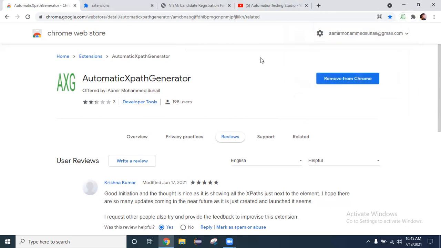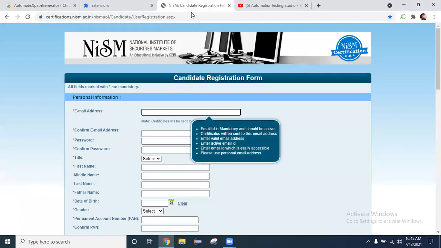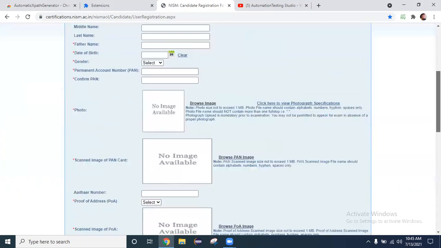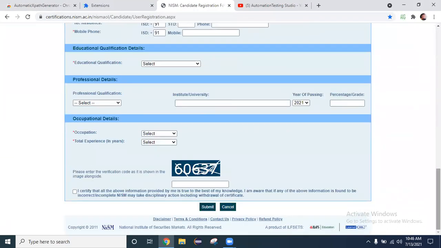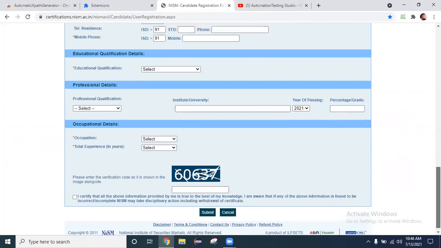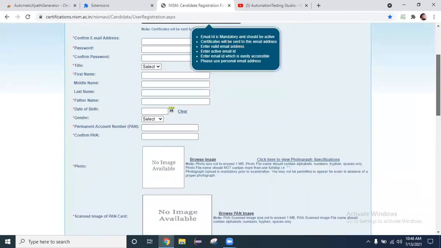So let us see how can I navigate to a web page and get the XPaths by using this Chrome extension. So what I'll do, I took this example page for displaying all the XPaths because it has a lot of elements, and assume manually writing XPaths for each of the elements present here, how much time it will take and how much effort it requires.